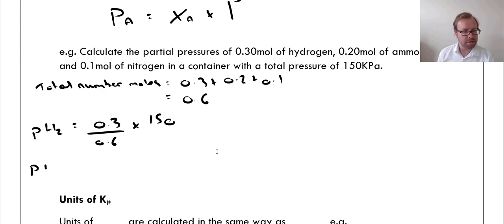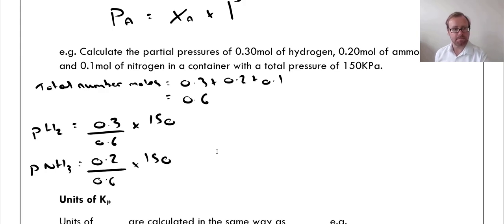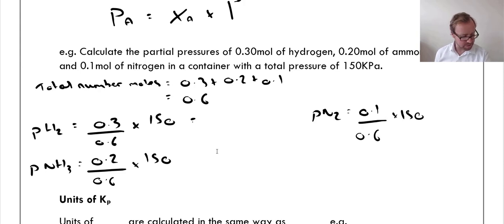And for ammonia, 0.2 over 0.6 times 150. And nitrogen, 0.1 over 0.6 times 150. And these give me values of